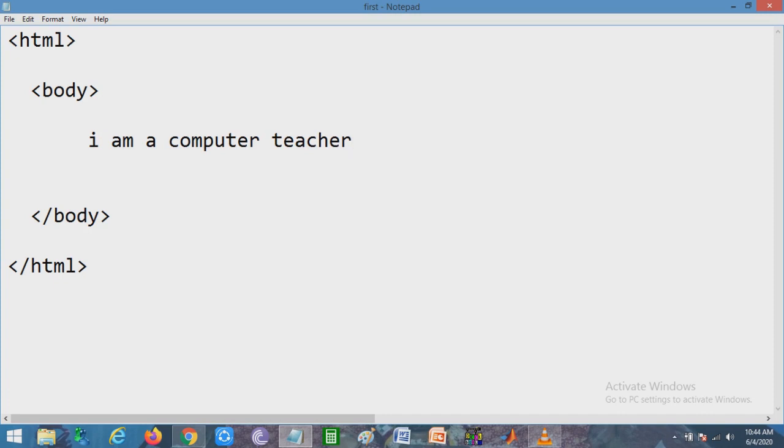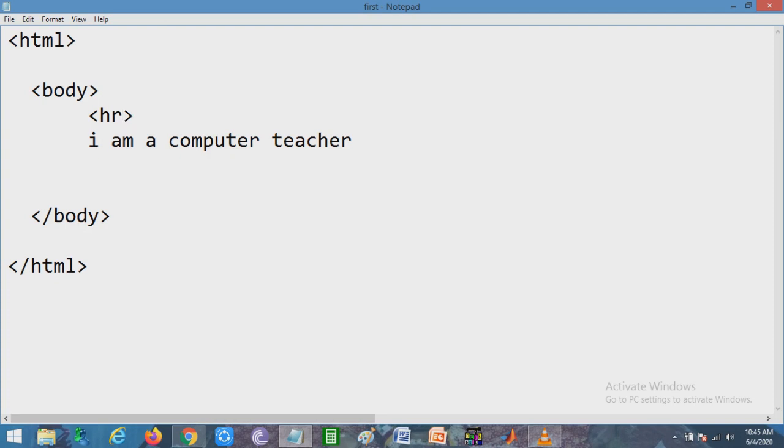Okay, now we have written this sentence. Already we have mentioned this sentence inside the body tag. Now I want to use HR here. You can use HR anywhere you want to use HR. That means horizontal rule. Now already we have learned tag attributes. So here if you want to make HR into tag attributes, you have to mention name and value. Already we have learned how to use it.